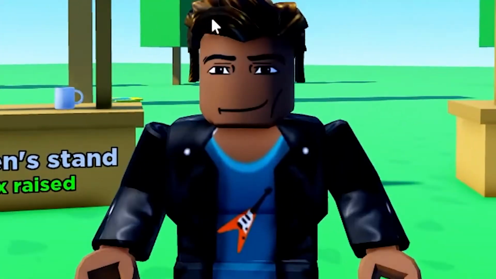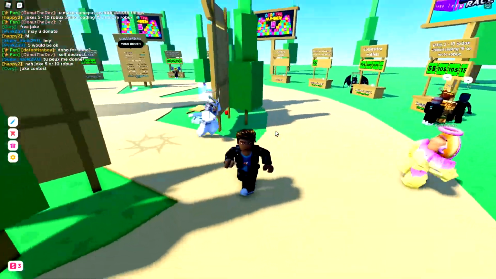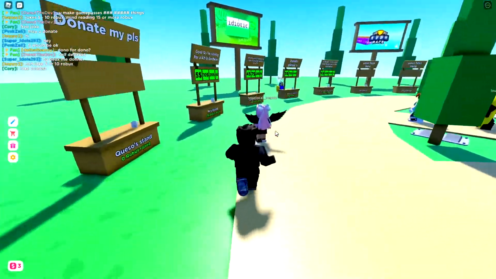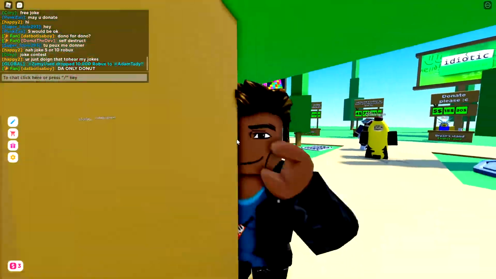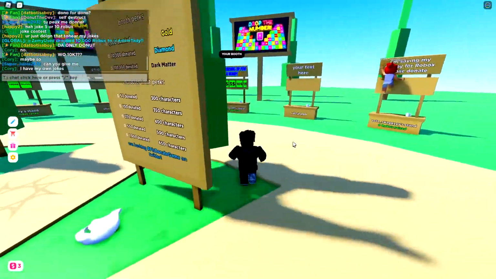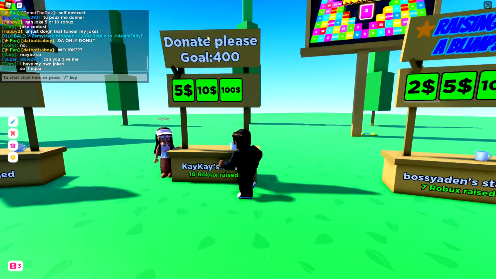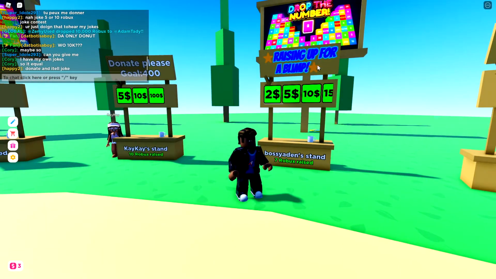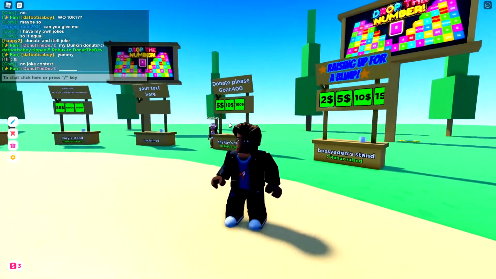Now let's get to how you make Robux. The first tip I want to say is don't beg, don't go up to people and ask, hey, can I have Robux? That's not really gonna get you anything unless the person you're asking is like super generous, really. The second tip I have is actually having the colored text, because this doesn't really stand out compared to this. And also having a booth is really